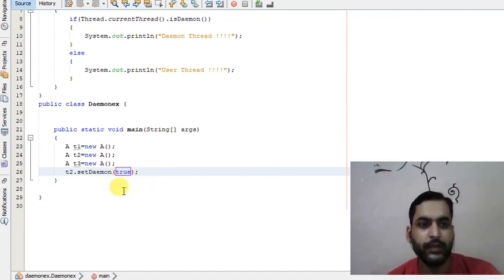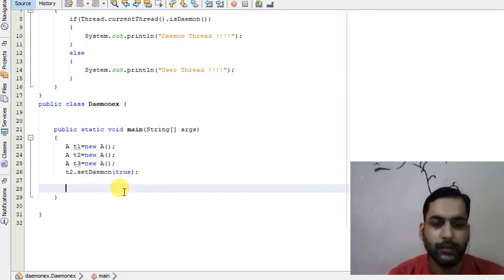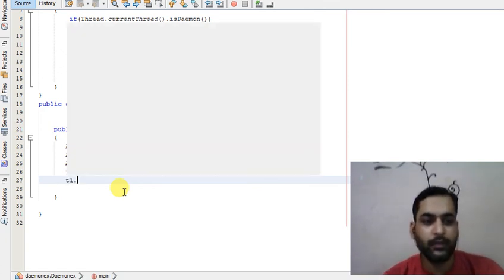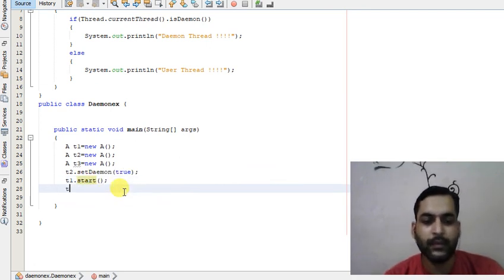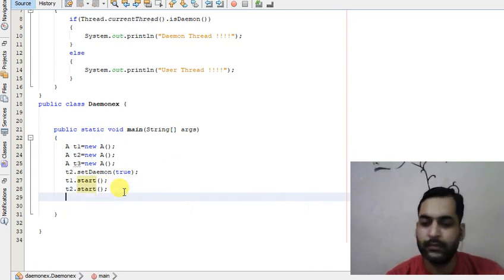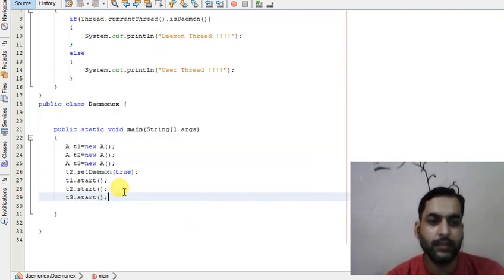So we have converted this t2 into daemon thread, and now let us invoke the run method using start: t1.start(), t2.start(), and t3.start().